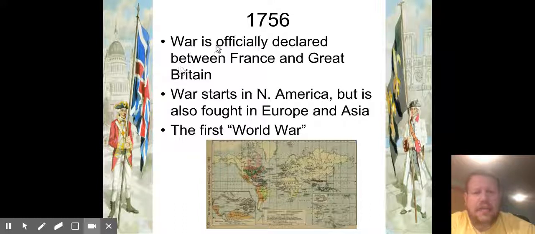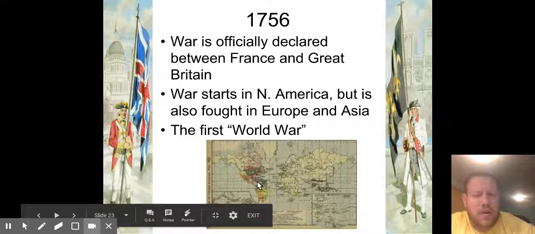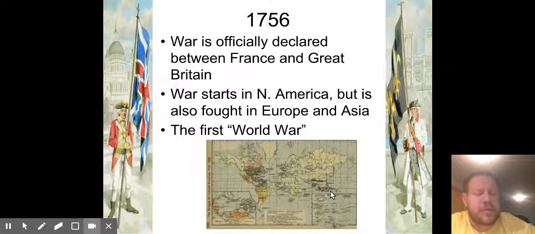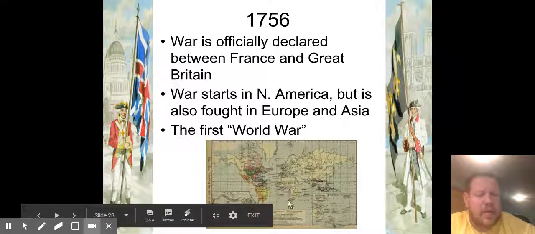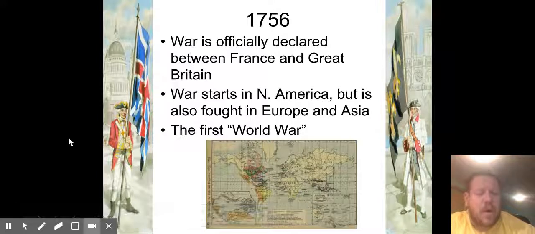And so we have this official war claim started in 1756, and it's being fought almost everywhere. It's being fought in the Americas over here, obviously, where the war kind of starts up. It's also being fought in Europe, where it's called the Seven Years' War. It's being fought in Asia, in India and the South Pacific as well, and also a little bit on the coast of Africa too. So in a way, the first world war is being fought just about everywhere,